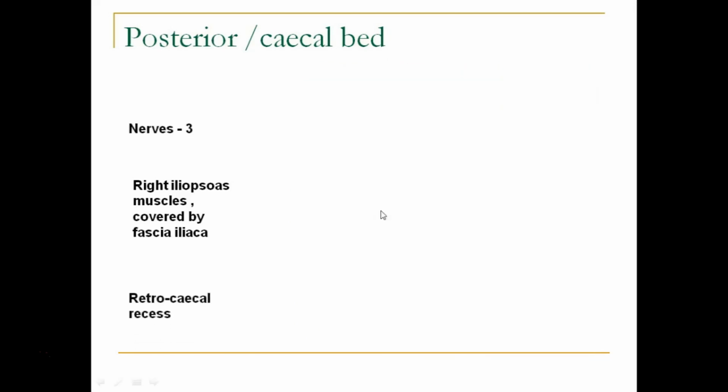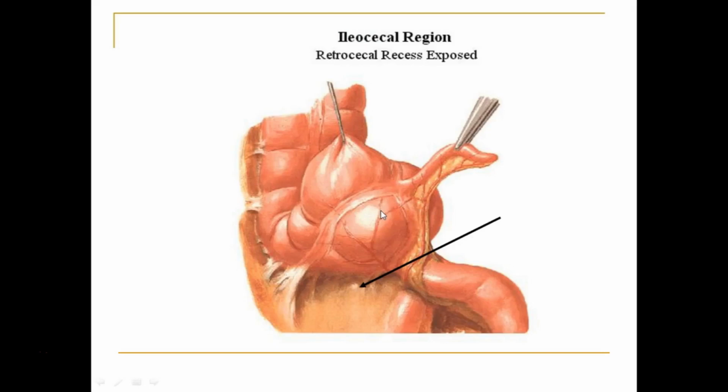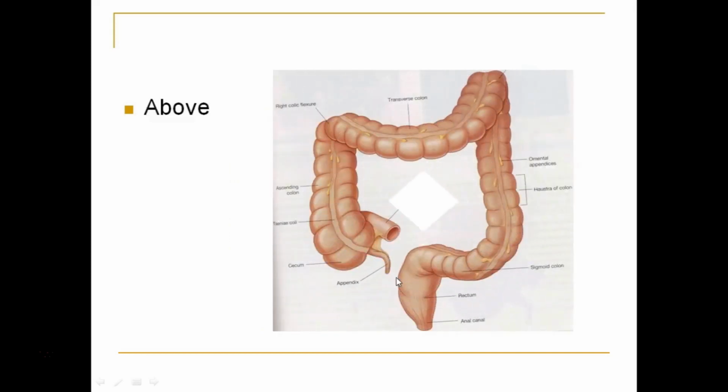One is the genitofemoral nerve, and then we have the femoral nerve, that is the trunk of the femoral nerve, along with the lateral femoral cutaneous nerve. We can make out a recess just below the cecum. We will call that the retrocecal recess, which you can approach in this picture. So then we are going to see the above relation, which is going to continue as